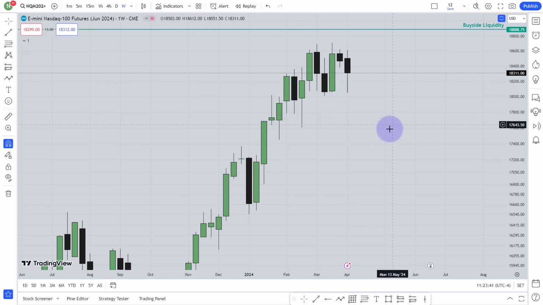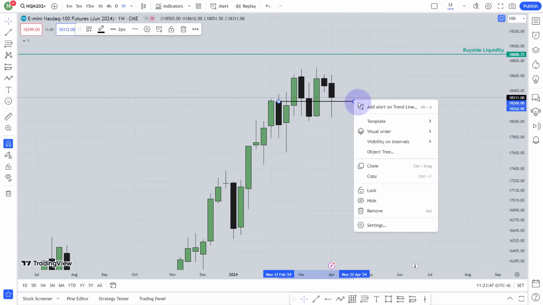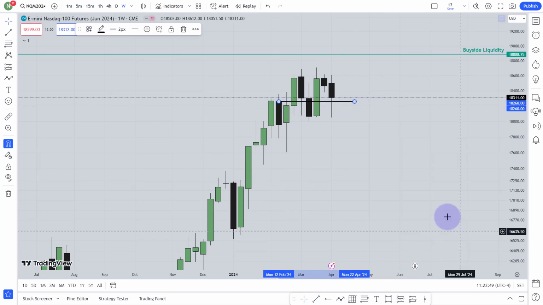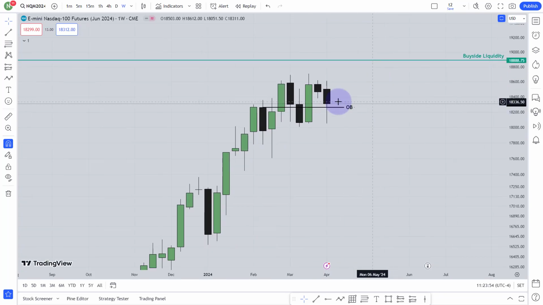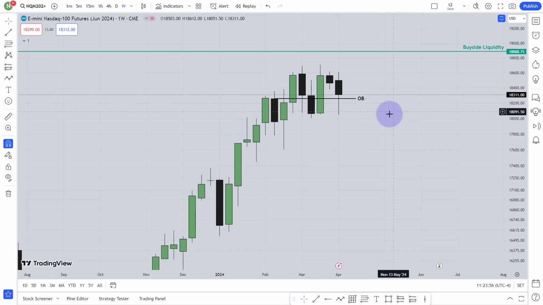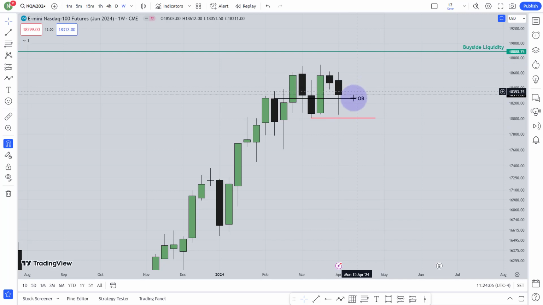So far, what I can tell you is that the market has actually traded, I mean, it has taken something over here, or whatever it has done, it is actually trading the order block. So this is my order block on that area. The market is trading that order block, and I believe the market will go higher from the weekly chart. So I am expecting the market will go higher. At the same time, if you just look over here, I have these relatively equal lows around that area. If the market fails to go higher, then it can go toward that sell side liquidity as well.